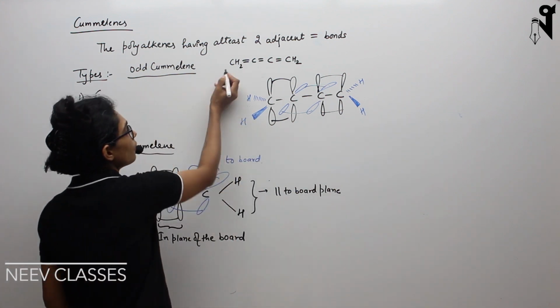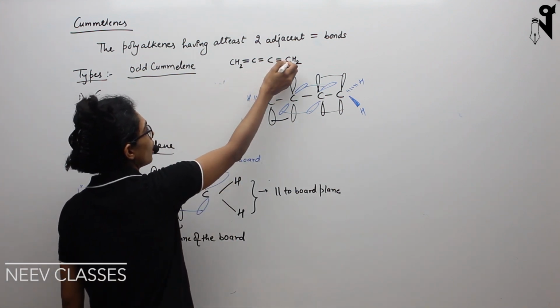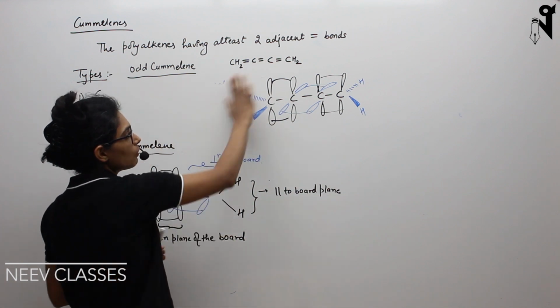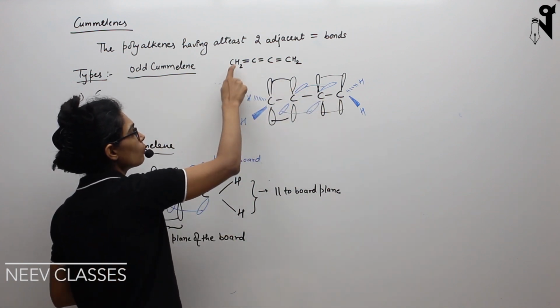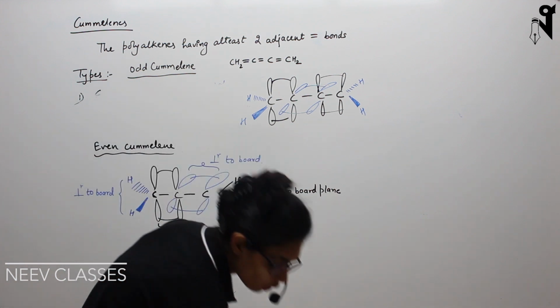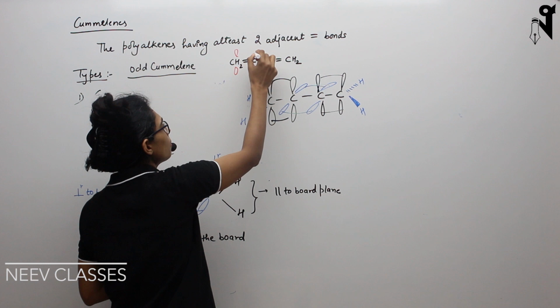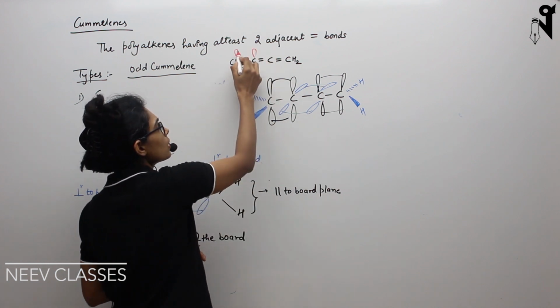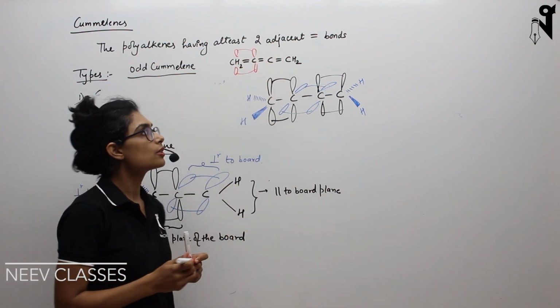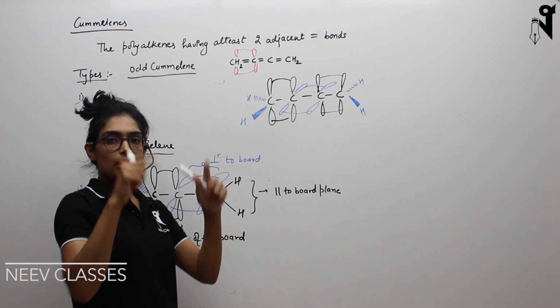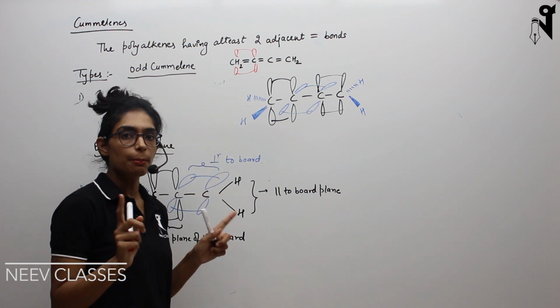Now I have carbon, double bond carbon, CH2. One thing, without even looking at the orbital diagram, that you have to understand is that there will always be a sigma bond between this and this, right? So these sigma bonds are being formed between the first carbon and the second carbon. So one set of p orbitals will be forming a pi bond.